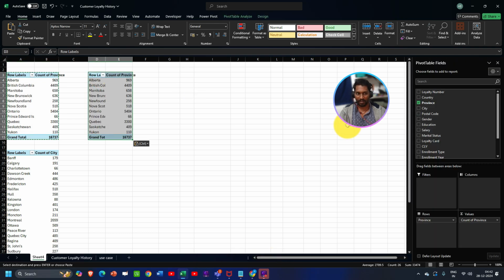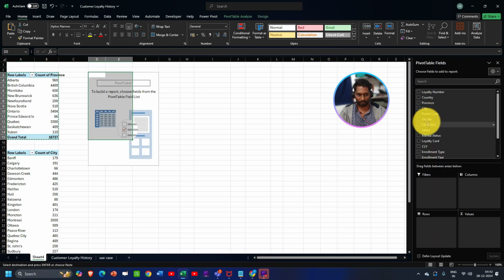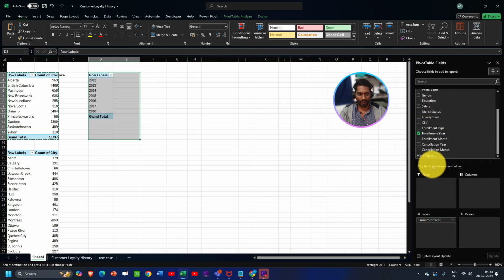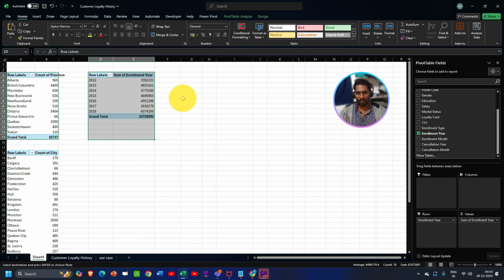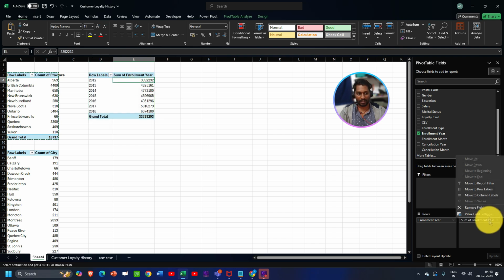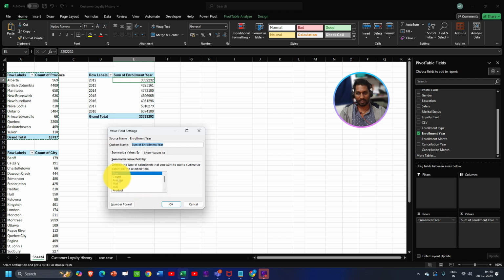Now you guys tell me, uncheck this. Now it's supposed to be a year, enrollment year, for example. Then again, now this is the tricky point. Now it is considered as a sum. Okay, still you can change it. Don't consider it as a sum. Consider it as values